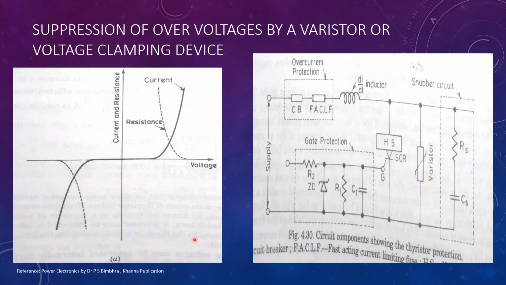Selenium thyrector diodes, metal oxide varistors, or avalanche diode suppressors are commonly employed for protecting the thyristor circuit against overvoltages. As the voltage clamping capability of a thyrector is inferior to those of the metal oxide varistor and avalanche diode suppressor, use of the thyrector is on the decline. In practice, a combined protection consisting of an RC snubber and a voltage clamping device is provided to thyristors as shown.